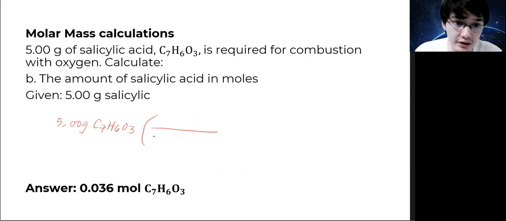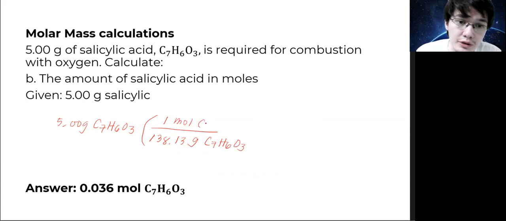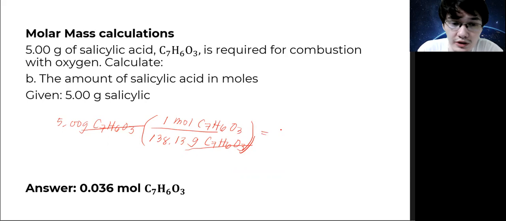Earlier, we calculated 138.13 grams salicylic acid per 1 mole of salicylic acid. So these two units cancel out. Then we get 0.036 moles